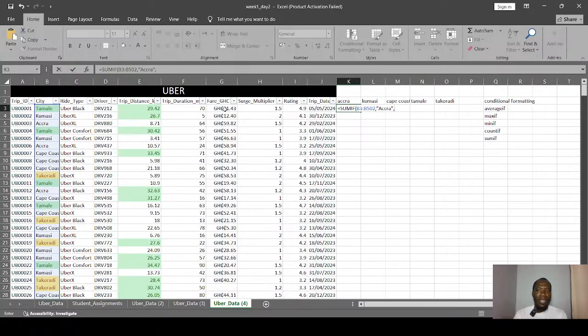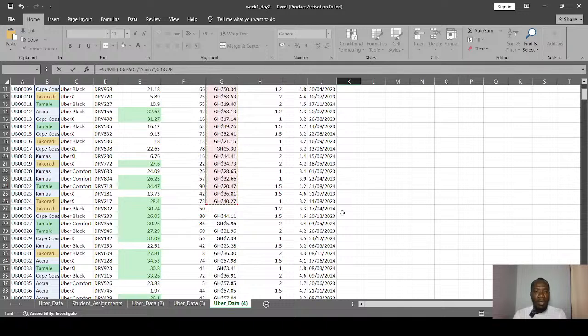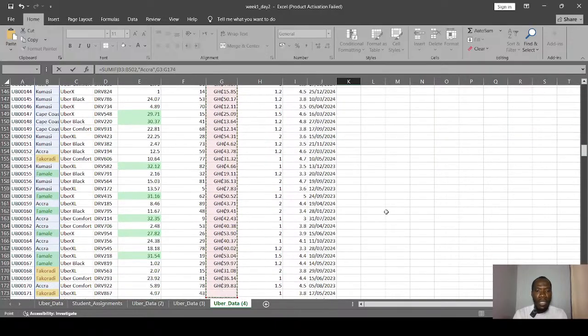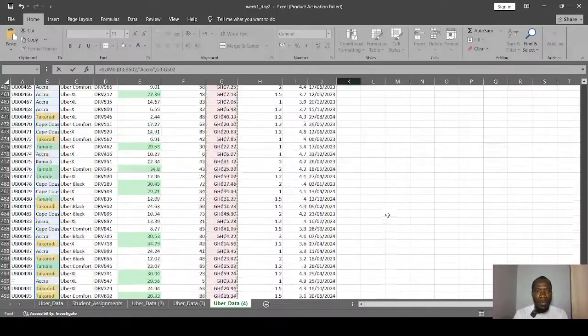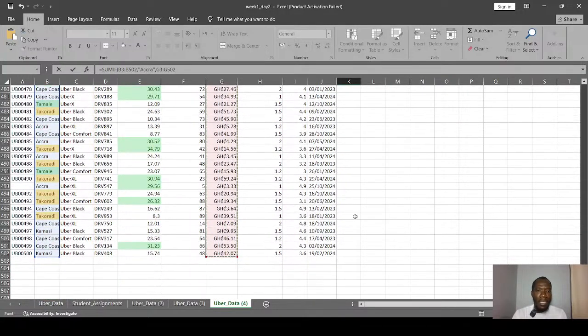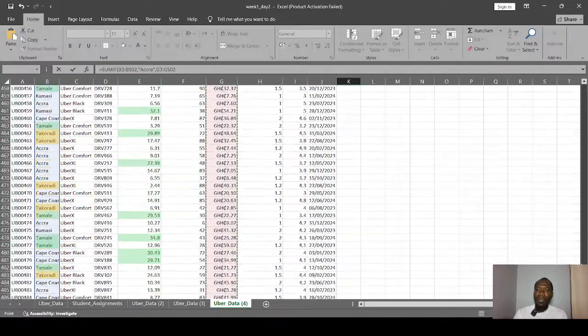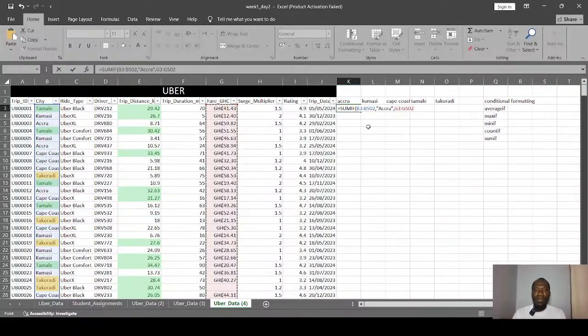Okay, so we start with the first cell, which is cell G3, right? Control Shift down arrow, and because there is an empty space, it will stop over here, but we have to continue. So Control Shift down arrow, Control Shift down arrow, still not complete. Control Shift down arrow, yes, and this time we are at the very last cell. Good. So this is what we have done so far.